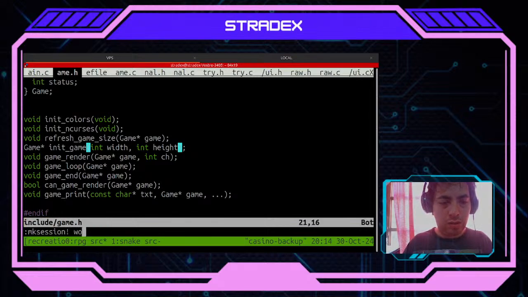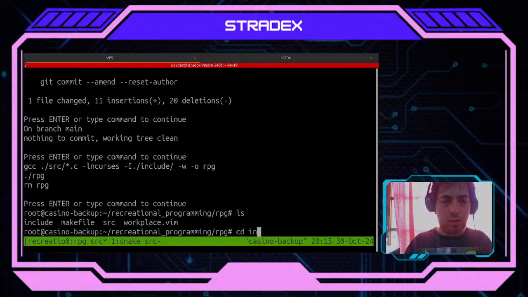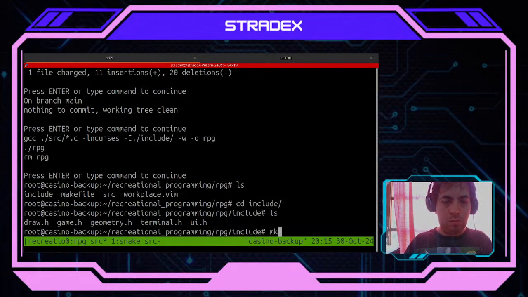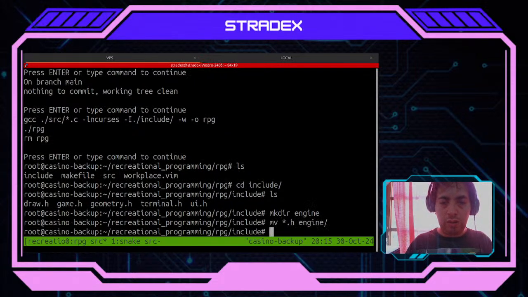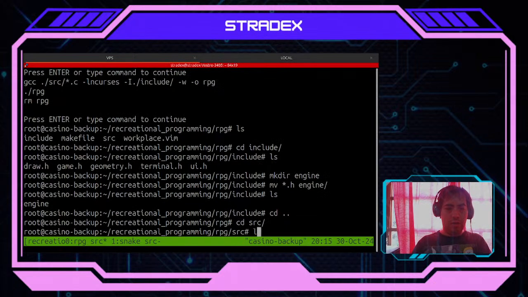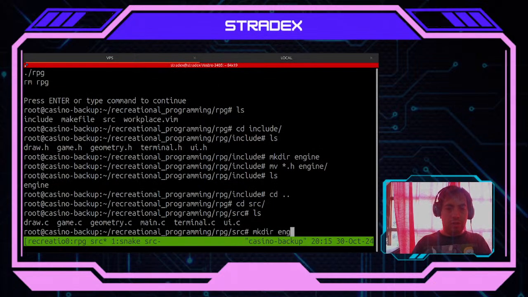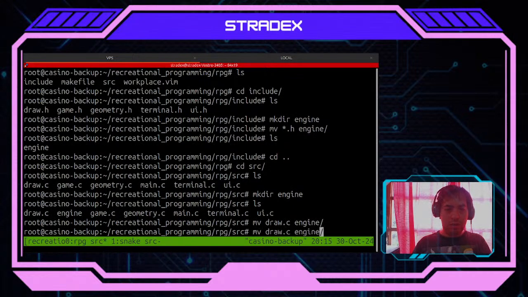Session. Let's go to include, make the engine. Let's move all of these with engine. Let's go to 15, make the engine, and let's move everything to engine,